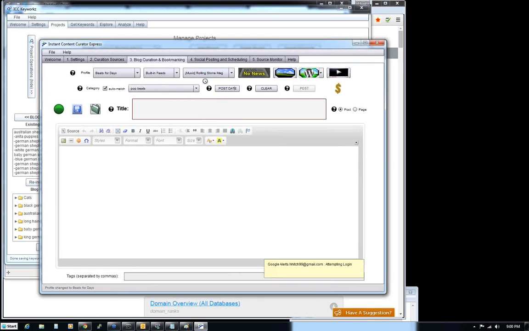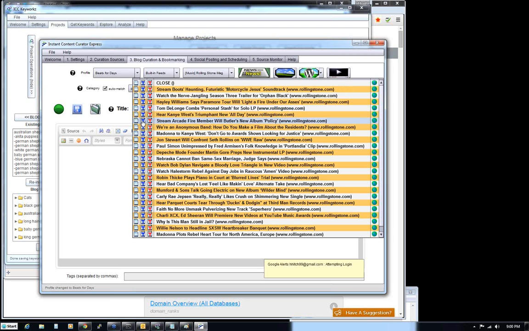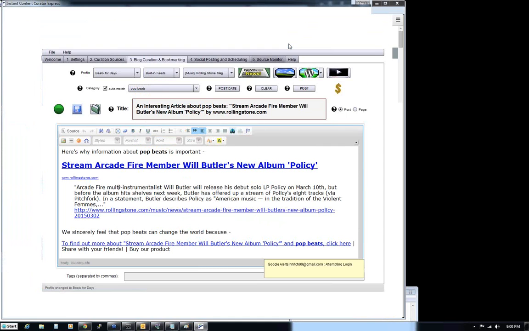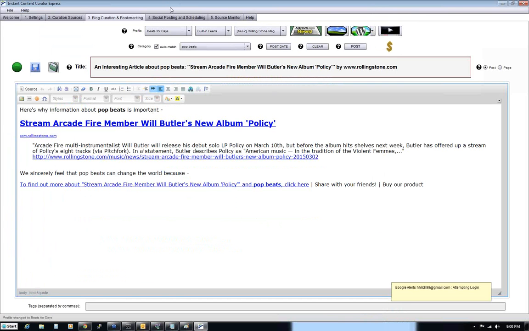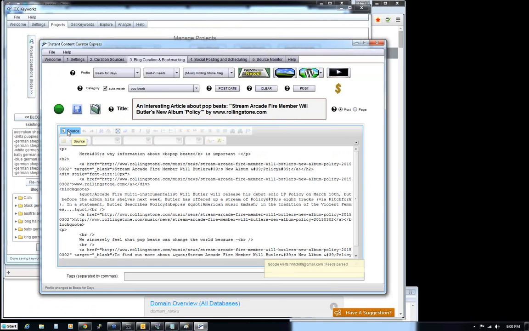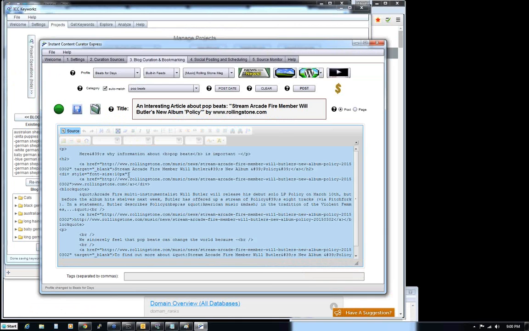So if I wanted to just create some content really quickly like this, and when I would spend some more time building the content, I can maximize the program and really build this article. When I'm done, I can save it here in ICC Express, but I can go to source